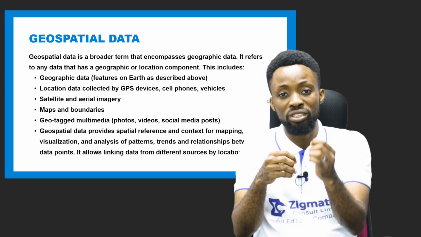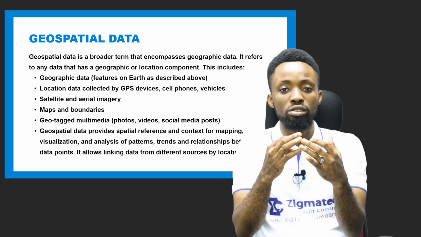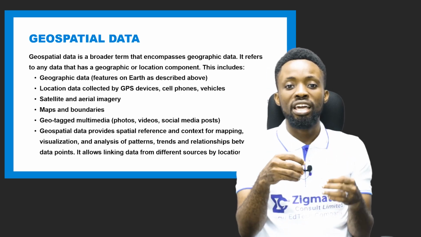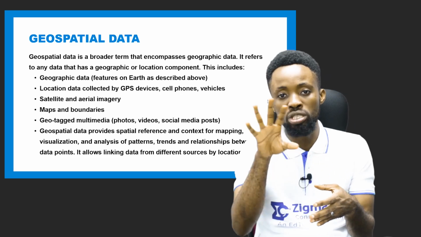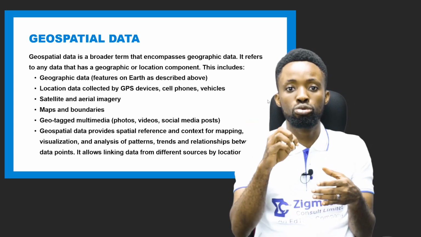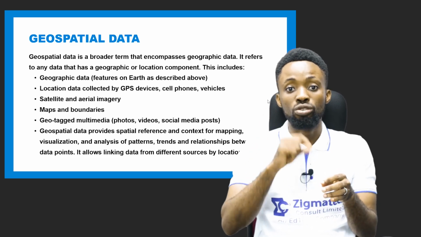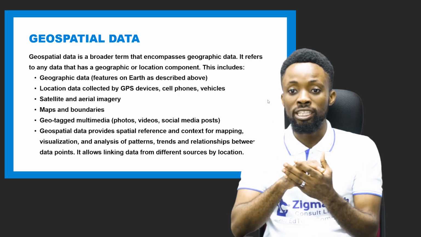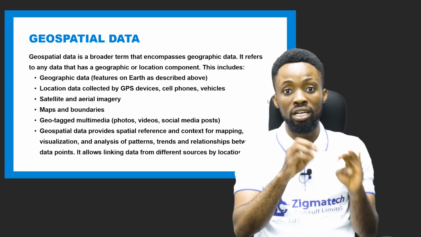Now, a good example of that is your Facebook and Twitter. You see that these social media platforms have a way of assigning location to your tweets, to your posts on Facebook, to your posts on Instagram. They all have location, right? So that is also geospatial data, because they tag a location to your multimedia and posts.